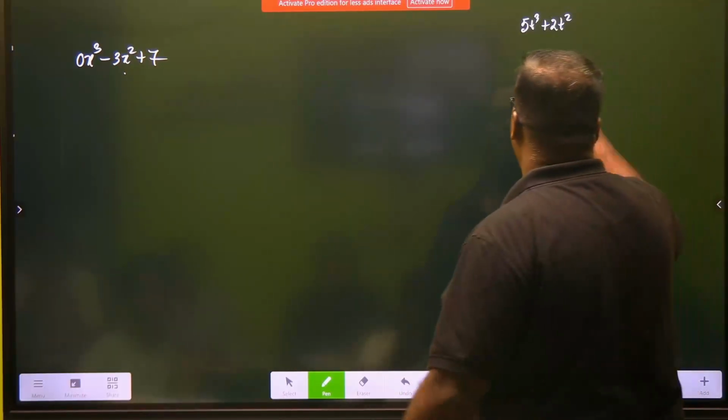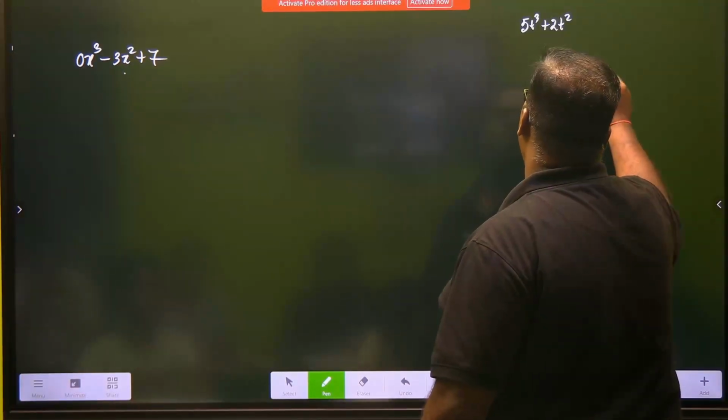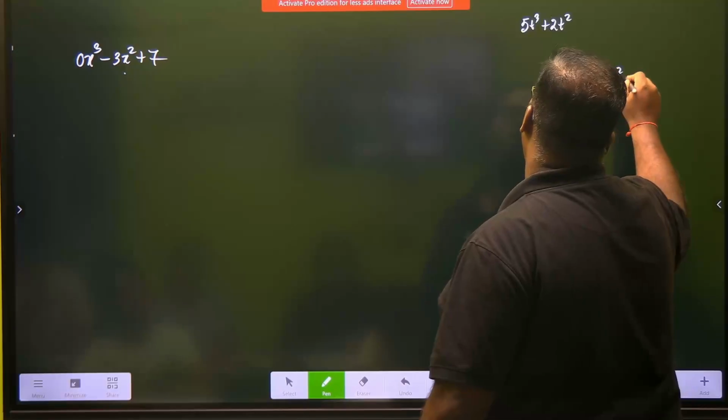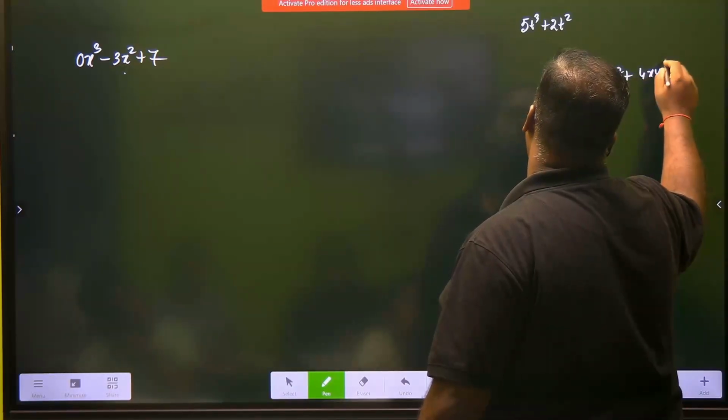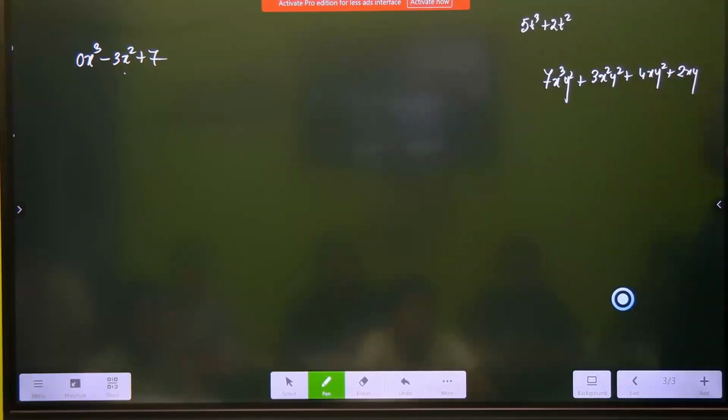ये just जानने के लिए. Suppose I have an expression 7x cube y square plus 3x square y square plus 4xy square plus 2xy. Okay. Now let's look at this expression. This expression is a quadrinomial and it is actually in 2 variables x and y. Now somebody asks you to comment on the degree. Then you will say, सर मैं किसका पावर देखूं? x का देखूं और ऐसी y का पावर देखूं? प्रॉब्लम हो गया ना अभी. दो दो आ गए हैं अभी, मैं किसको देखूं, स्वयंवर जैसा हो गया है अभी। तब हम क्या करते हैं,